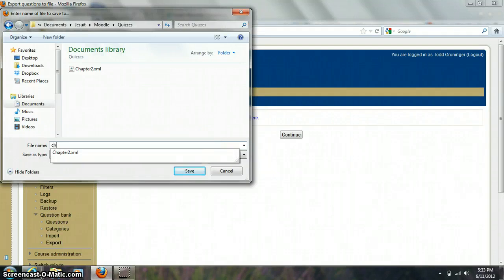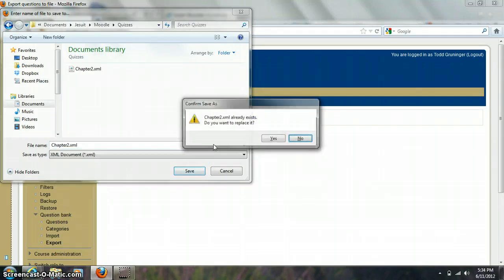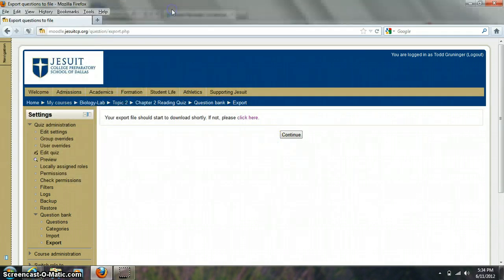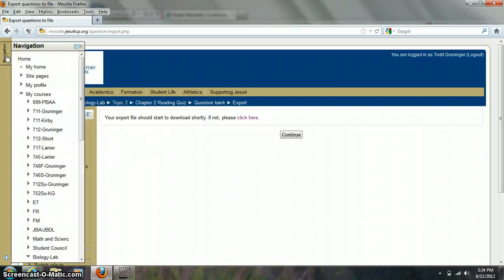I'm going to call it Chapter 2. This is asking me if I want to overwrite. I'm hitting yes because I'd already saved it before. You shouldn't get that option. Once you save it, you're now ready to upload it to your own course page. If you want to do this for every quiz, obviously you'd have to go through those same steps for every quiz. Once you've got the quizzes saved to your hard drive, you can then go to your own